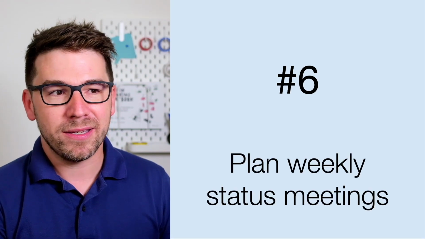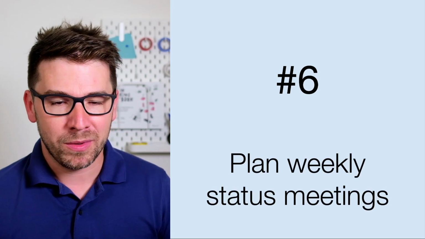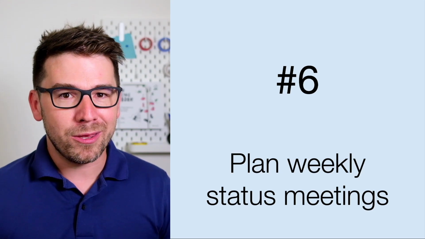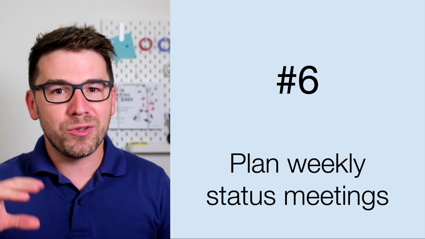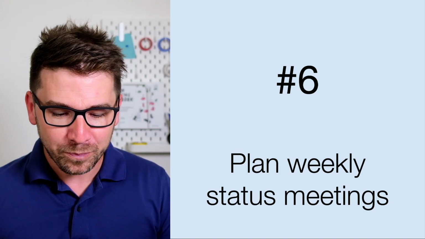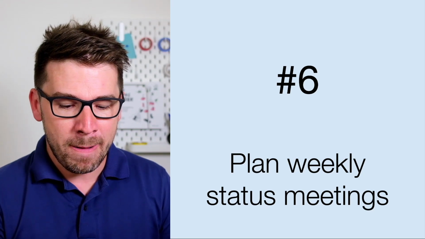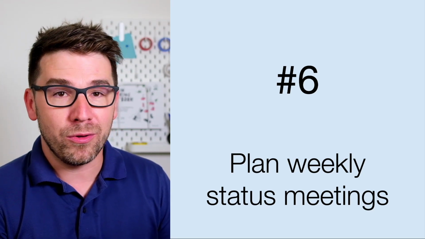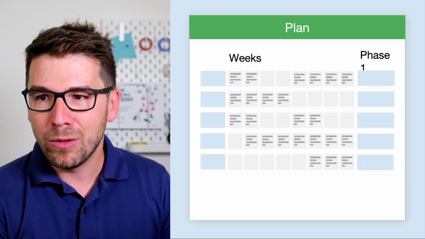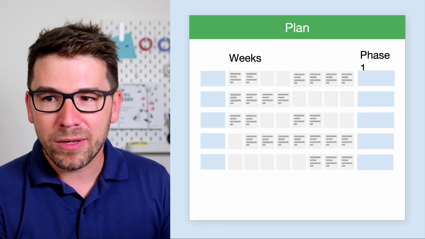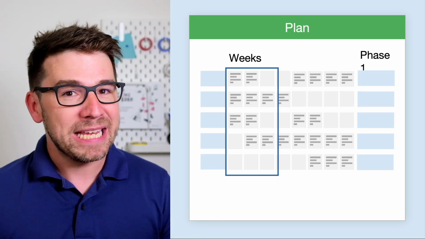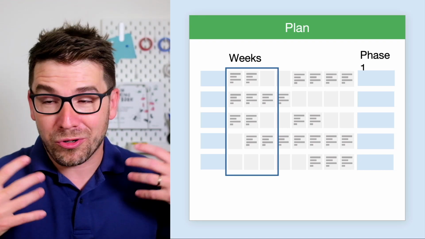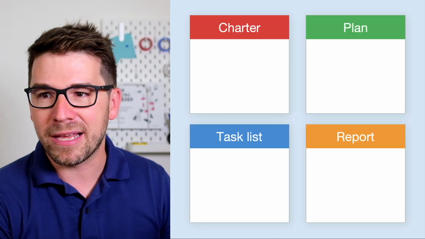And what you should do next, number 6, plan weekly status meetings with your team. They should be 30 to 60 minutes long, and it should be a standing meeting in your calendar for the duration of the project, so you don't have to search for available time every week. So you have a weekly status meeting, and what you should do in the first status meeting: look at the project plan and look at what needs to be done in the following weeks. And then assign tasks to project team members or to yourself as well, and put them into task lists or an